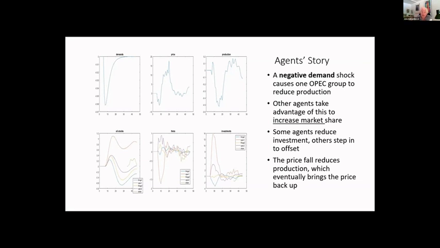Shale was a drop, and now we're seeing shale pick up because they're seeing the prices are going back up. And we haven't thrown in policy variables. So that's how we're doing it. I rushed through the evolutionary agent model, but what I'm trying to show you